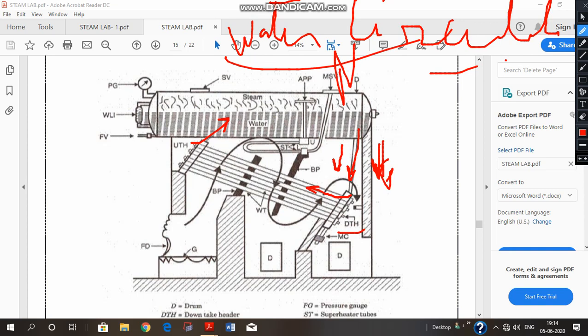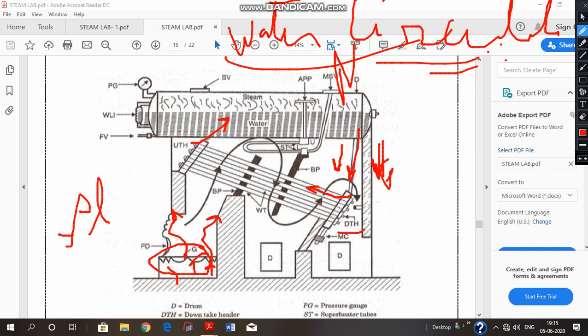Now, one question that we posed was why water circulation exists, why it should be there, why it should not be there. In order to explain this question, we described the grate. What was the grate? The grate is this area, and the combustion takes place over this area, and flue gases are produced, as we described in the previous video.